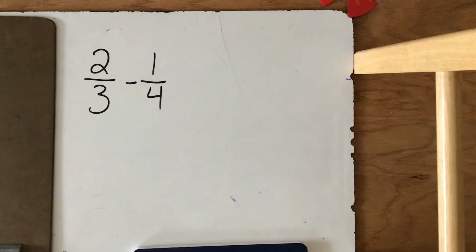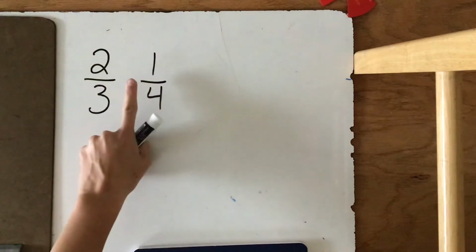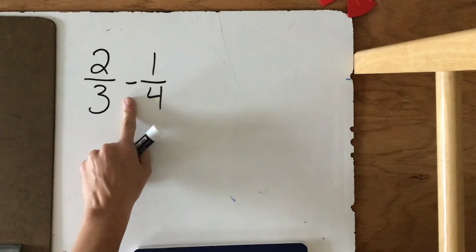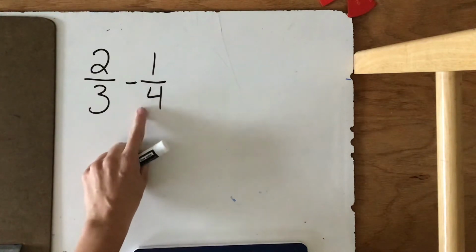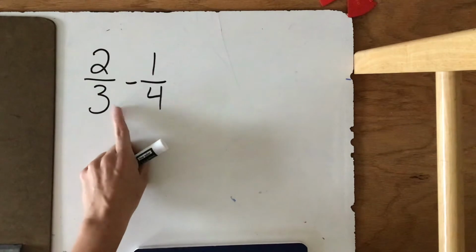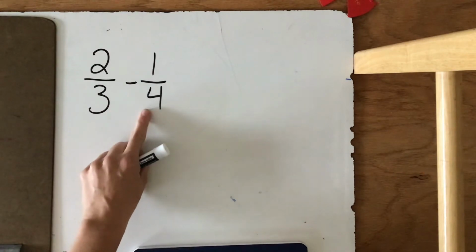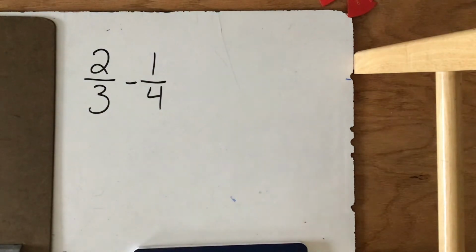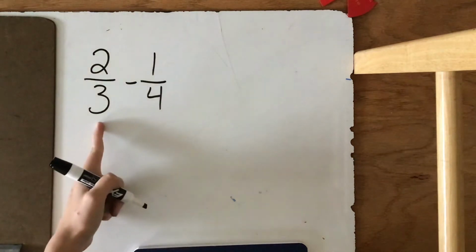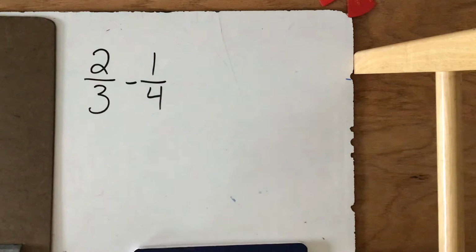In this video, I will review how to subtract fractions. It's very similar to adding fractions, except we subtract the numerators rather than add. We still need to find a common denominator because it's too tricky to add thirds and fourths. If you remember with adding, when you subtract fractions you find a common denominator. First, let's do our